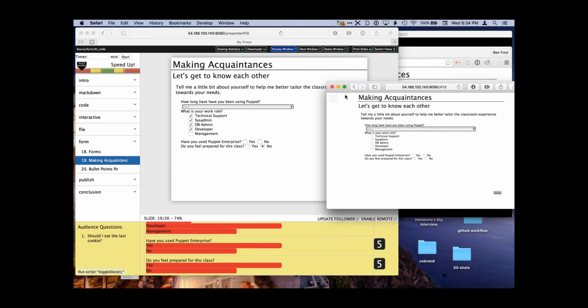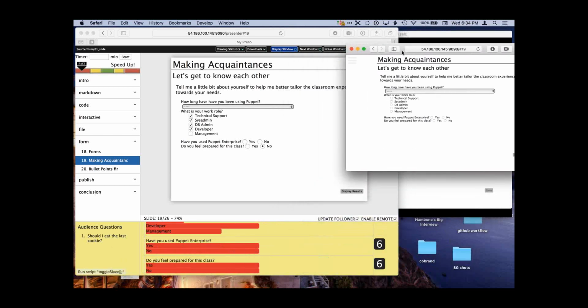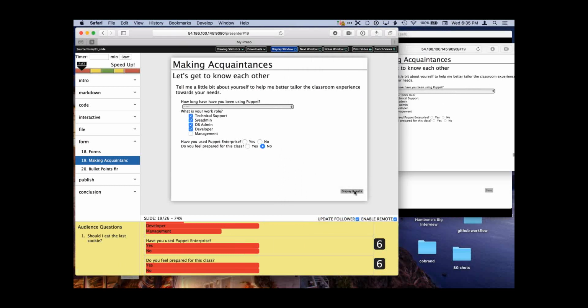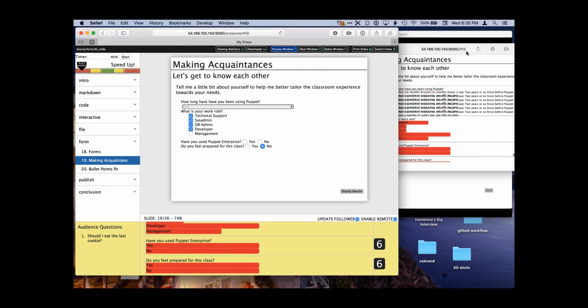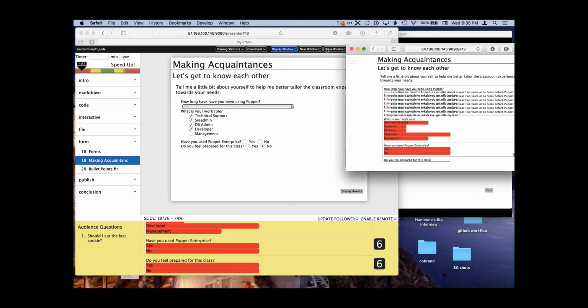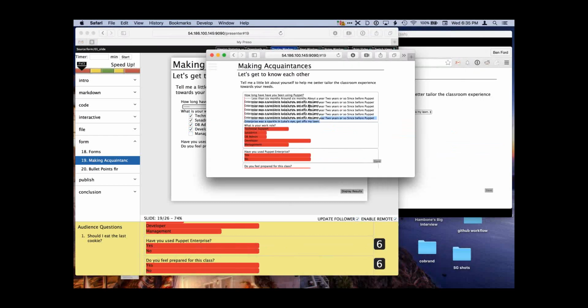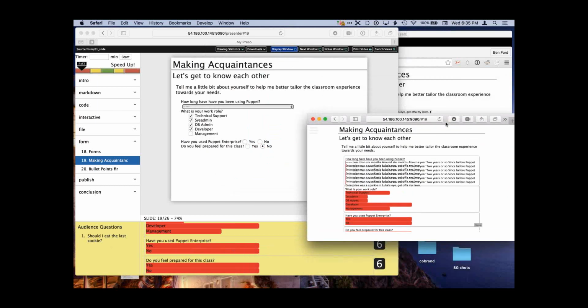So now let's say that I have this one up on the projector, and people are watching it, and they're taking these quizzes, and I've got answers coming in. When I'm ready to share them with the audience, I can hit this display result button, and now I see them displayed there. And I am going to file a ticket right now. Take a picture of that. We've recently done some major styling updates, and it looks like one of the things that we did actually broke that. So I'll make sure that we get that corrected and get a new release out real quick.